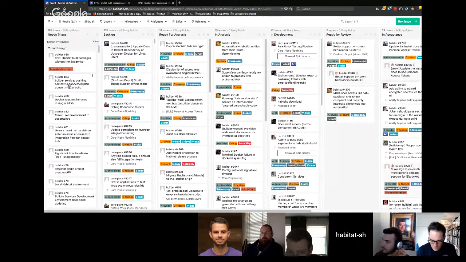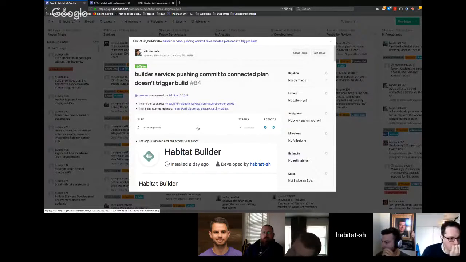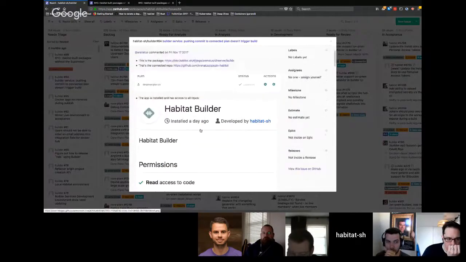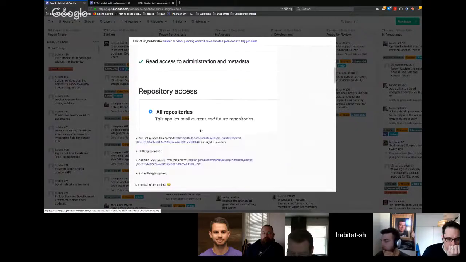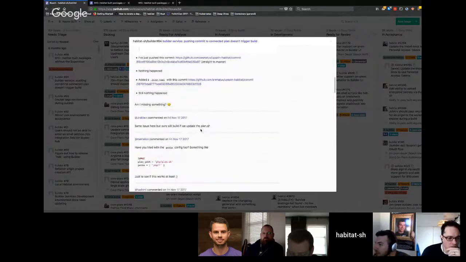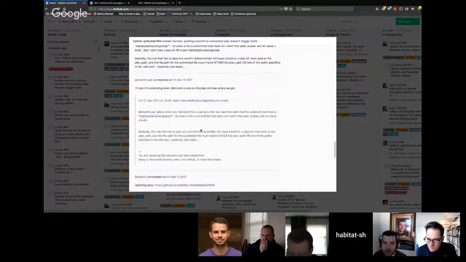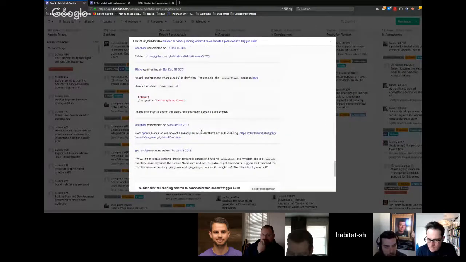All right. Build a service. Pushing commit to connected plan doesn't trigger build. Oh, this might be related to the GitHub API things we were seeing. Yeah, I would give this the same treatment. Yep. Oh goodness, yeah. It looks like it was opened right around the time we were having those rate limiting issues.